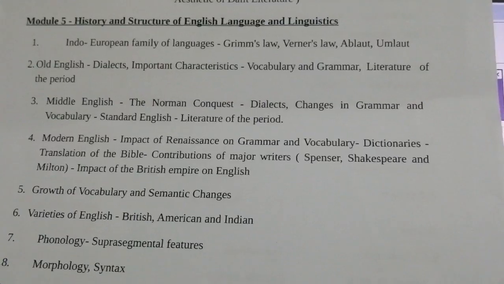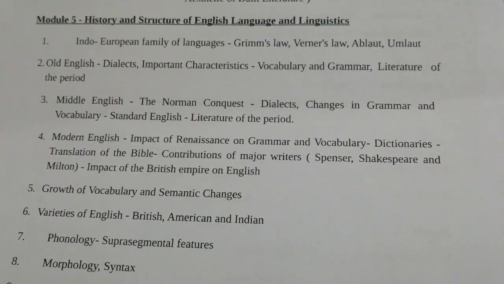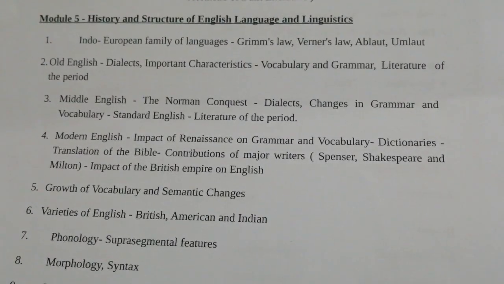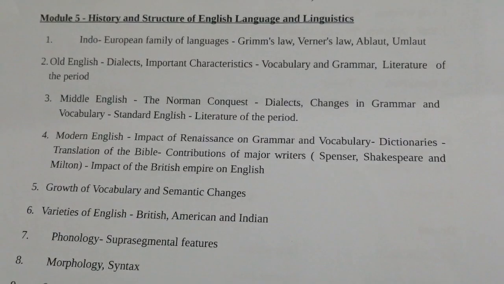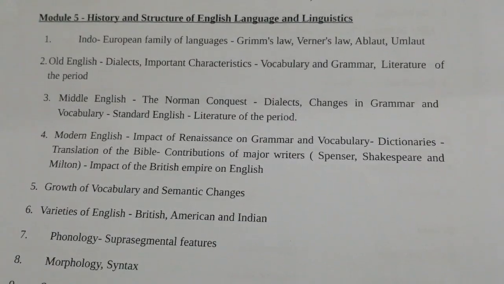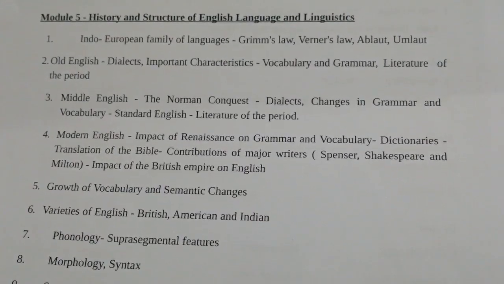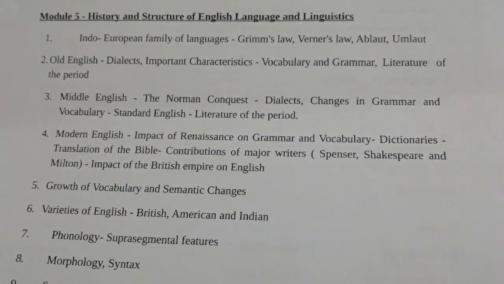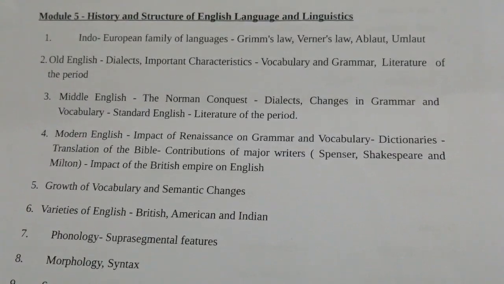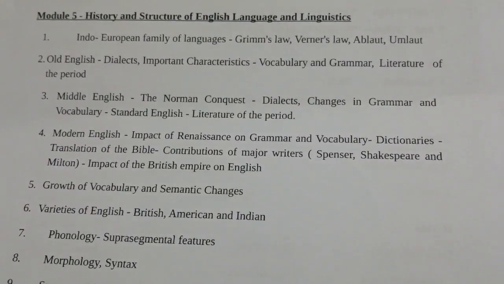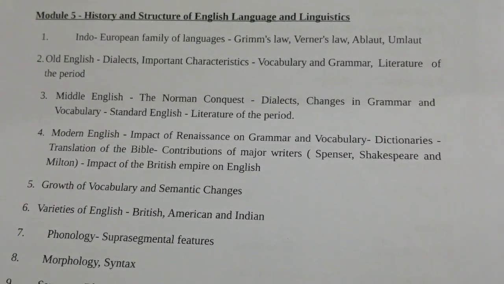When we reach Module 5, the title is History and Structure of English Literature, Linguistics. Number one, the Indo-European family of languages, and among them, Grimm's Law, Verner's Law, ablaut and umlaut. Second lesson, Old English, dialects, importance of characteristics, vocabulary and grammar, literature of the period. And the third point is Middle English, the Norman Conquest, dialects, change in grammar and vocabulary, Standard English, literature of